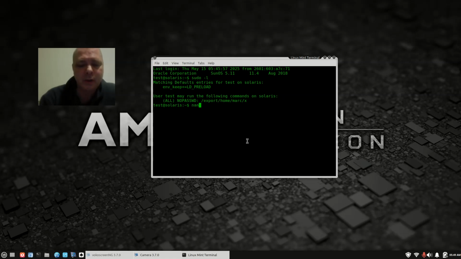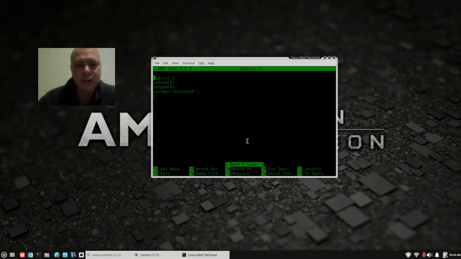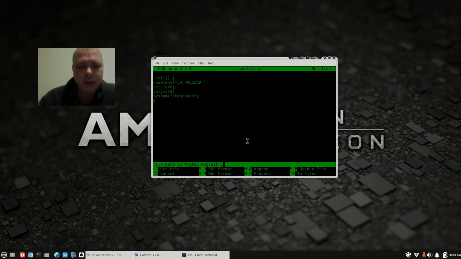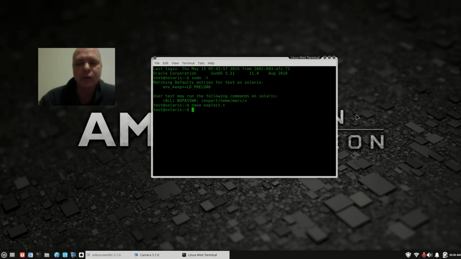So first thing we want to do, we want to use the same exploit code that we did in the last video, but this time we're going to add unsetenv LD_PRELOAD, and that's it. We simply add that one line, exploit.c, and as we did before, we want to compile this as a shared library in the temp directory as exploit.so. So using gcc